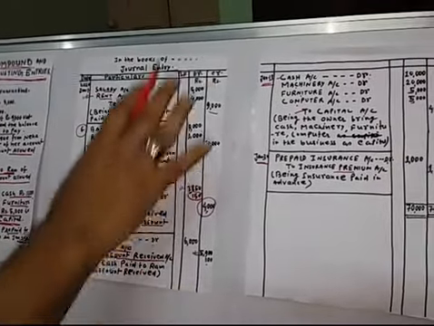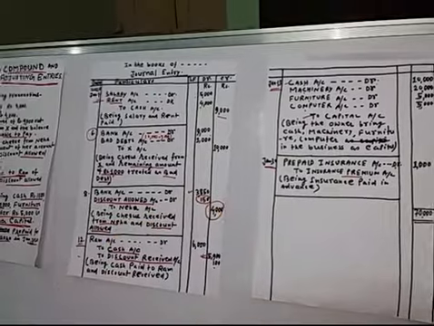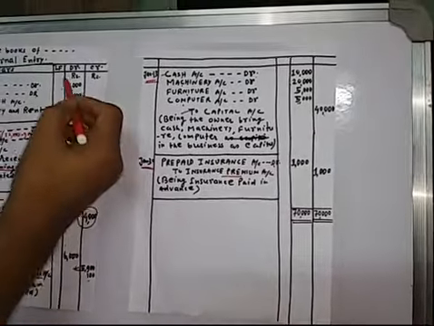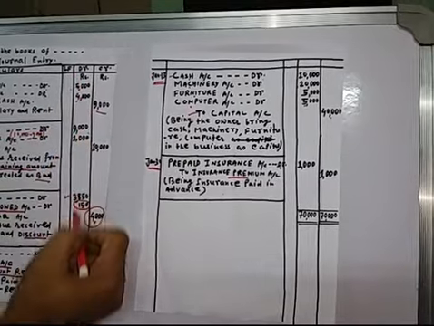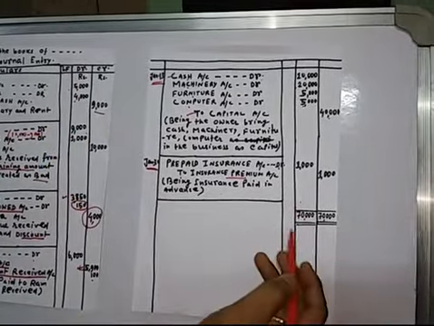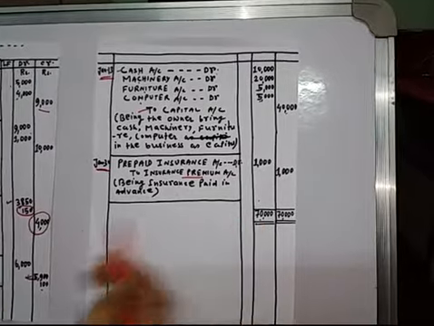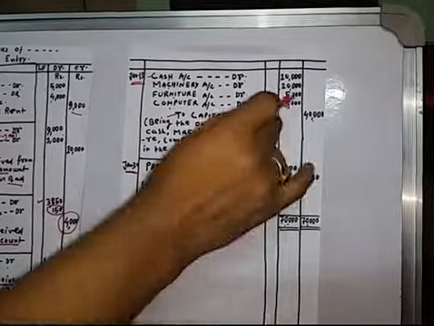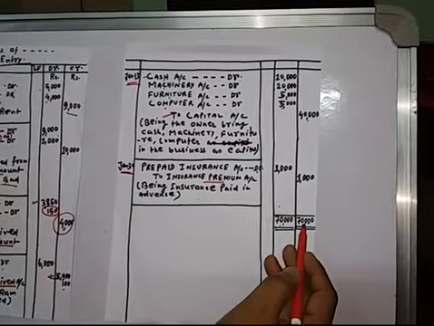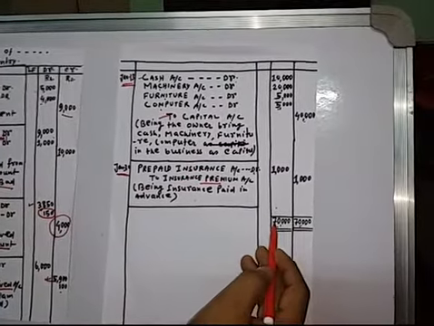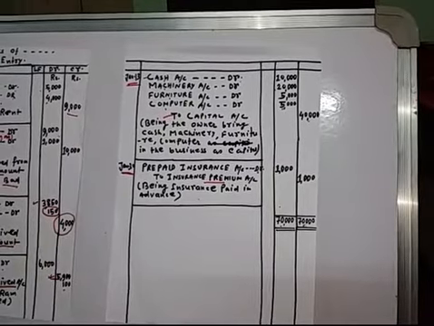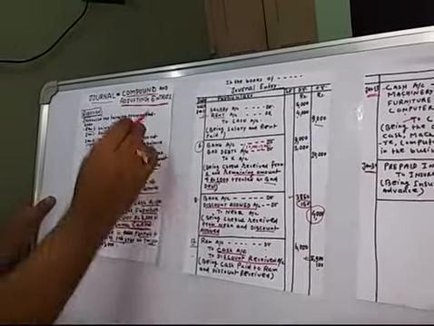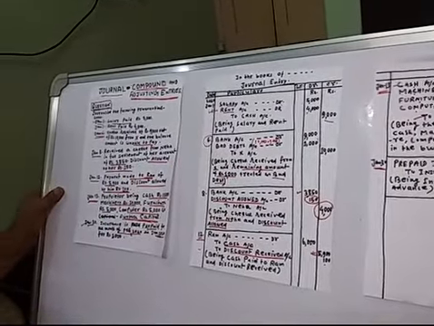Clear? So at the end you have to close the journal entry. Now here you add the debit total, this plus this plus this plus this. If you add all of this together, then the amount will come to 70,000. Similarly, if you add the credit column total, the amount will come automatically 70,000, and the amount of debit and credit will be the same. So these are the concepts of journal through compound and adjusting entries.